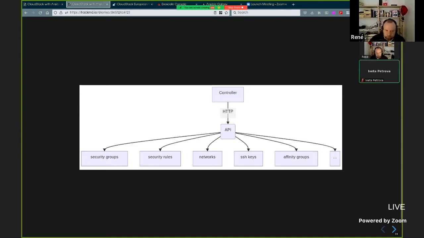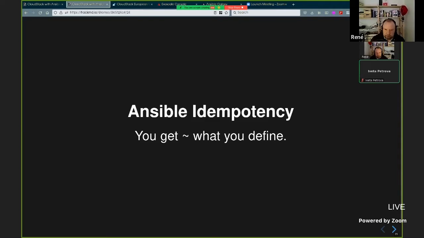So that's what I already explained, idempotency, but it also has a difficulty, because sometimes you define something that you probably don't want. As an example, I will show you some code.